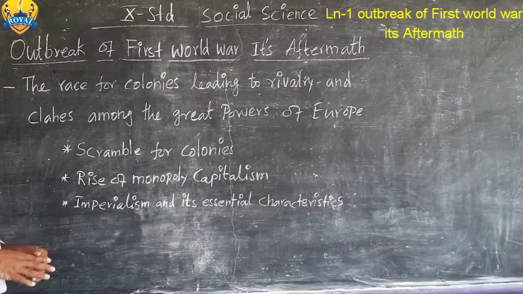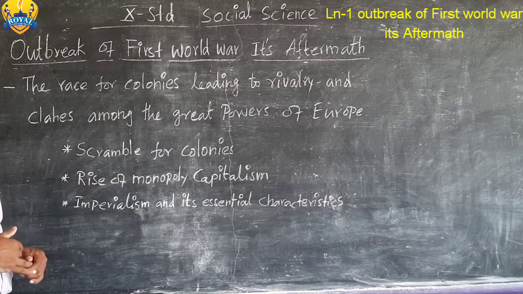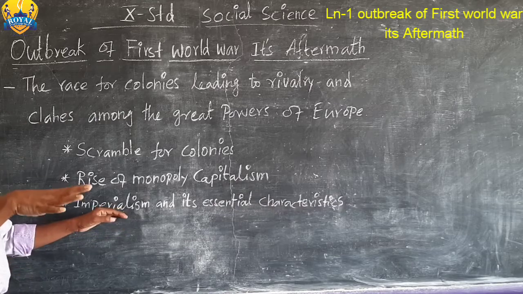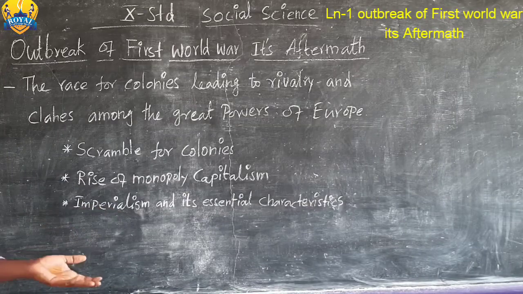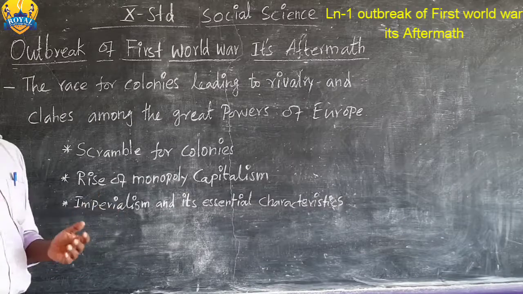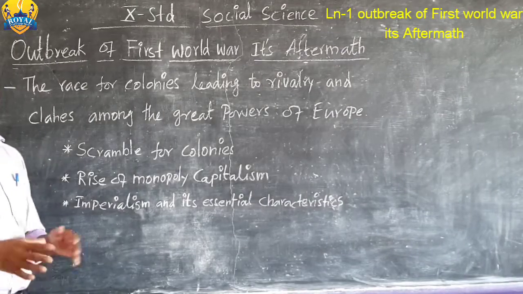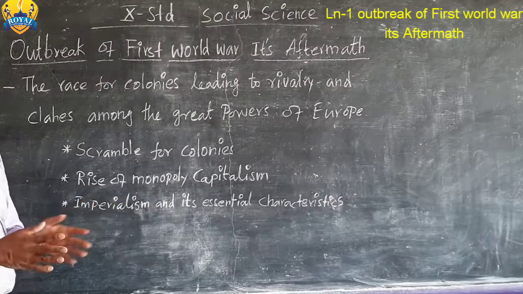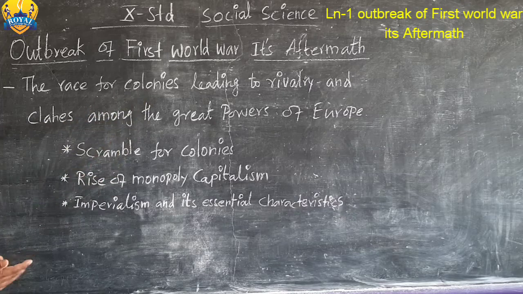Under imperialism, the colonial master never allowed them to act independently. So imperialism kept the colonies as colonies again and again. They did not have any rights or the ability to express their wishes. The masters expected them to be under their control alone. So these are all the major factors of the race for colonies leading to rivalry and clashes among the